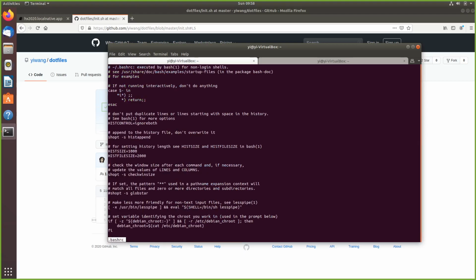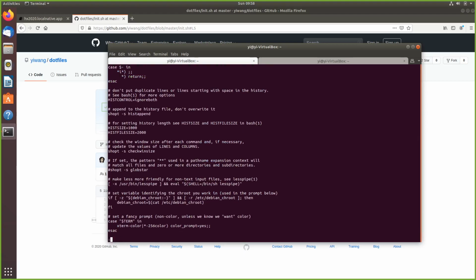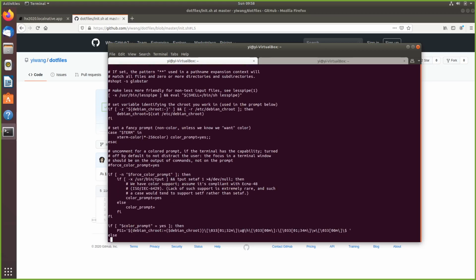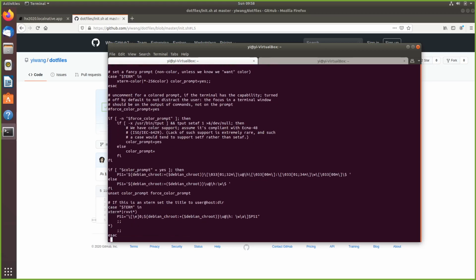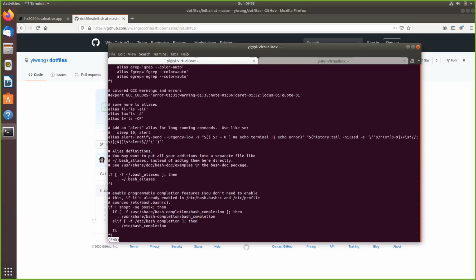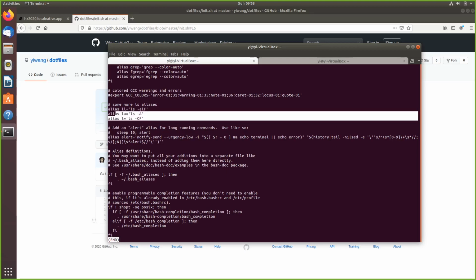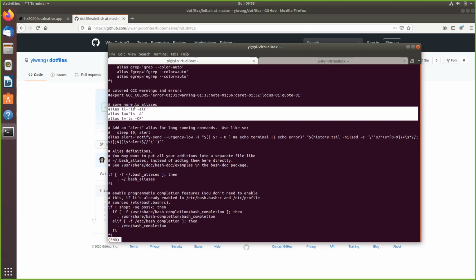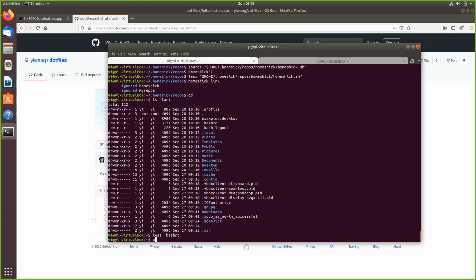Let's see what's the content of bashrc. It sets up some initial environment variables and also aliases some commands. So those are the setup for the shells. You can change the behavior for some of the commands, like this one, where we alias ll to ls with some options, and you can actually see